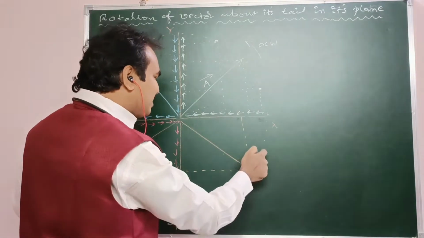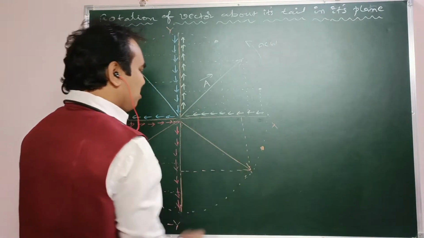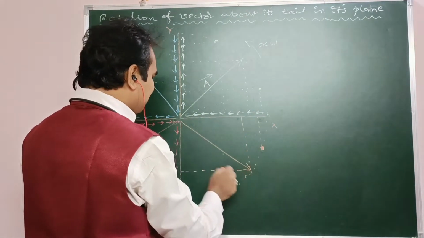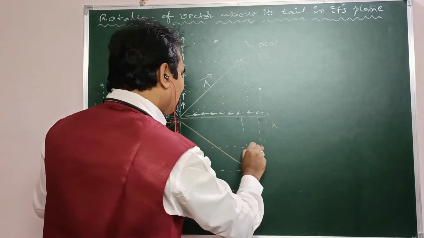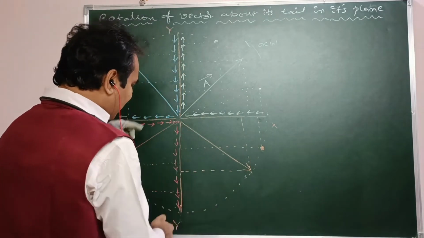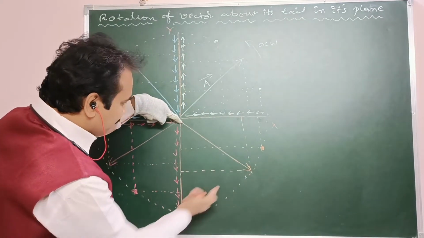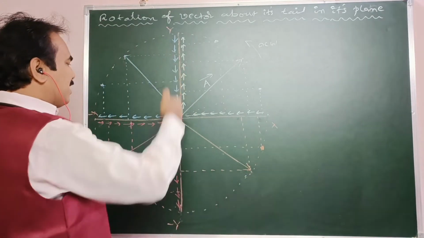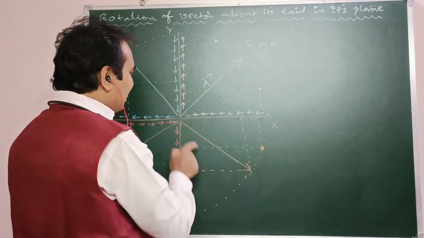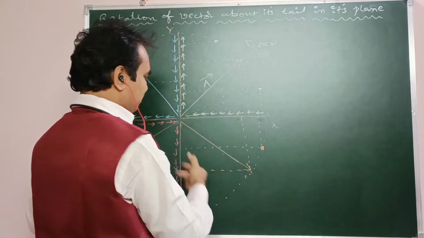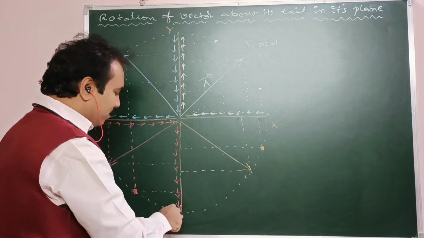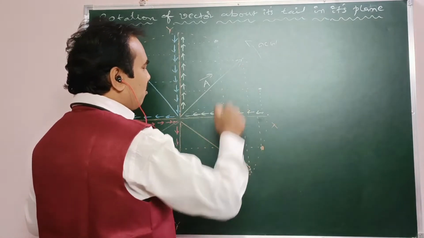The same vector comes here, means this is the tip of the vector. For example, from this tip take two normals. One is onto x, another one is onto y axis line. Previously this is a y coordinate. In this case this is a y coordinate. In this case this is a y coordinate. Means gradually y coordinate decreases. X coordinate increases from 0 to maximum, when it rotates from negative y axis to positive x axis.